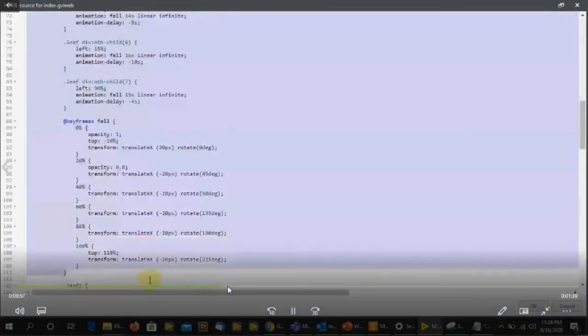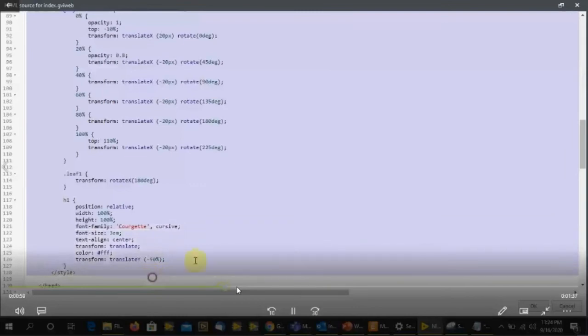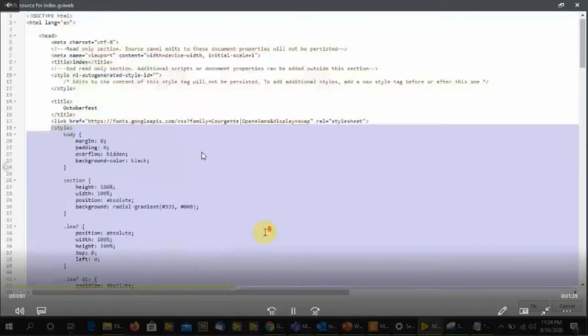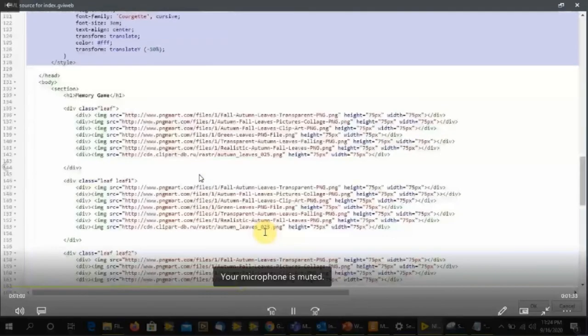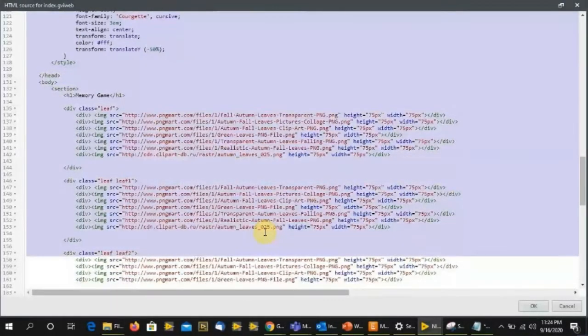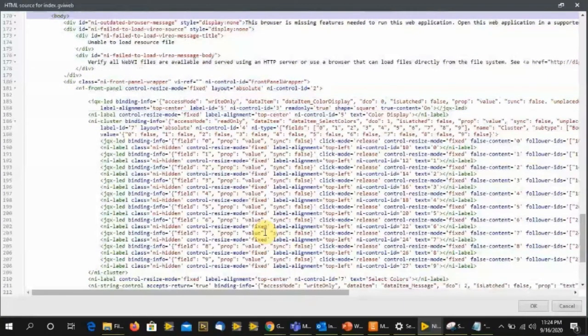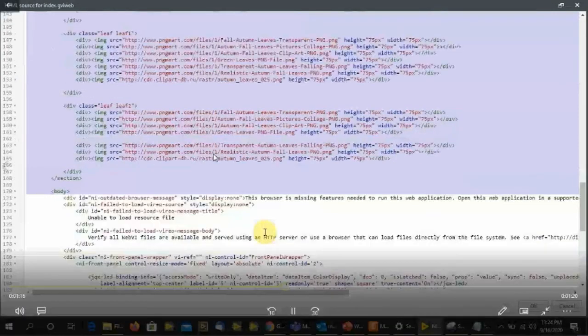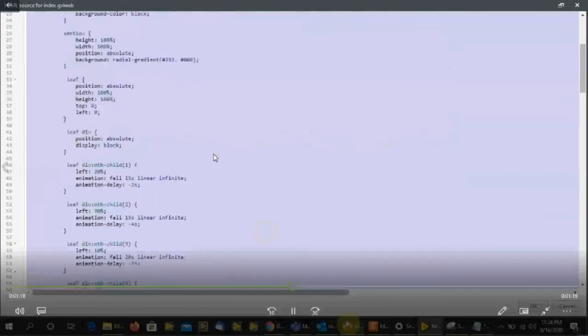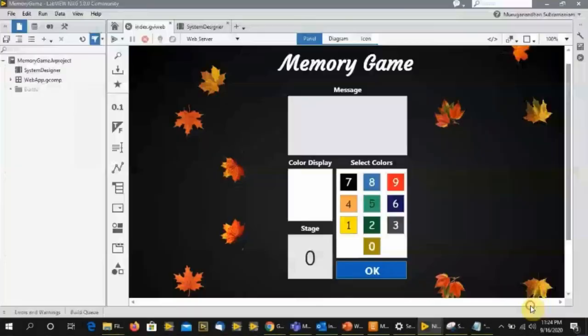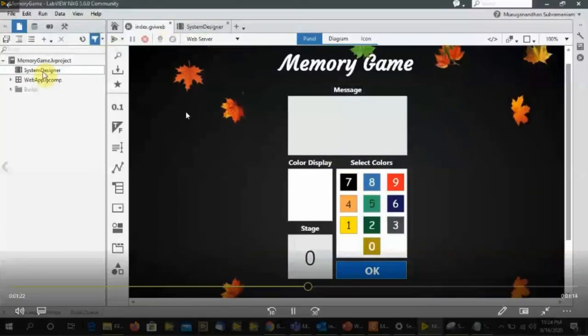The selected part is completely CSS code that is open source and available on the internet. I have not written this code; I have done only the LabVIEW code. This is an additional part, a background, where the leaves are floating up and down. This code is completely based on CSS. I have not used JS, I mean JavaScript. The background is completely based on CSS code.